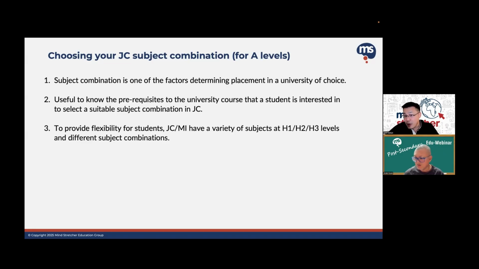And one important thing to note is that you can see here, I think there's a matter of working backwards as well. So I think the key thought process here, first and foremost, maybe to set it out front, as a JC student, the JC experience itself, if it does not tie to uni, it doesn't count for anything, right? So it's quite different from Poly. So Poly on its own, if you look at it in terms of the skills that you get, the experience that you get, is already very valuable, even from a workplace perspective, right?